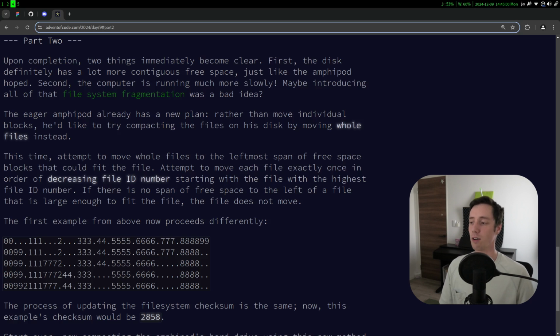Maybe introducing all of that file system fragmentation was a bad idea. The eager amphipod already has a new plan. Rather than move individual blocks, he'd like to try compacting the files on his disk by moving whole files instead. This time attempt to move whole files to the leftmost span of free space blocks that could fit the file. Attempting to move each file exactly once in order of decreasing file ID number, starting with the file with the